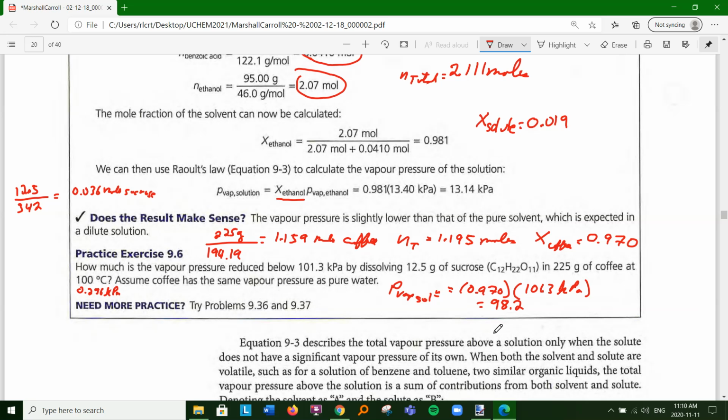1.195. So the mole fraction of coffee is 1.159 moles over the total. 1.159 divided by 1.195. 0.97 times 101.3 is 98.2. Okay, my only guess why that answer isn't coinciding is that people are using different values for